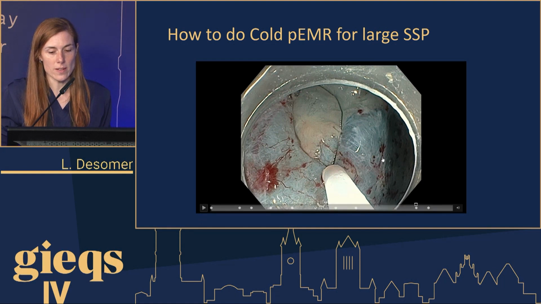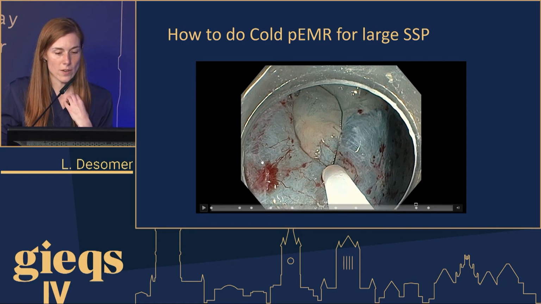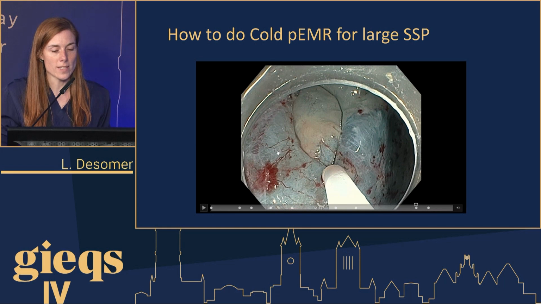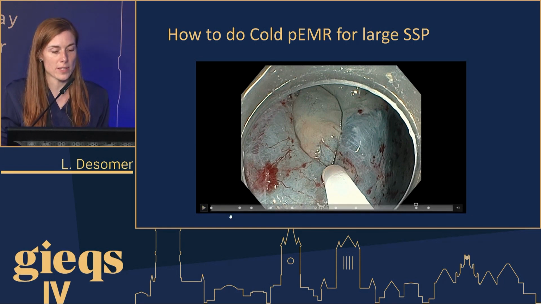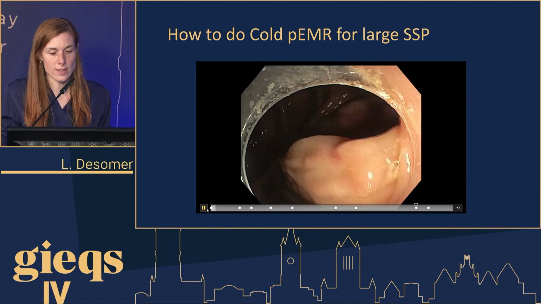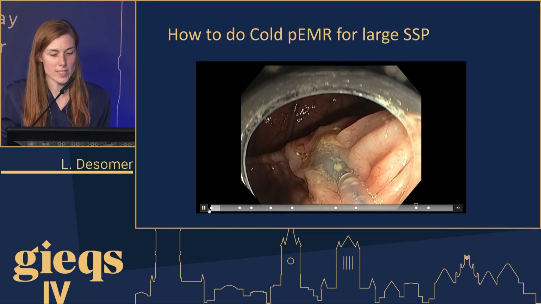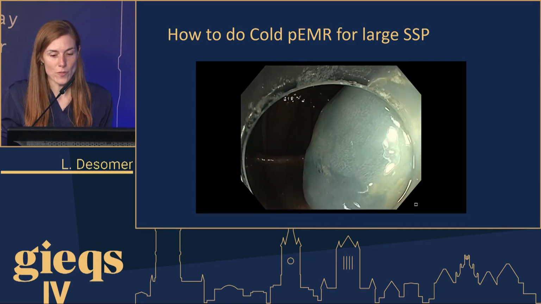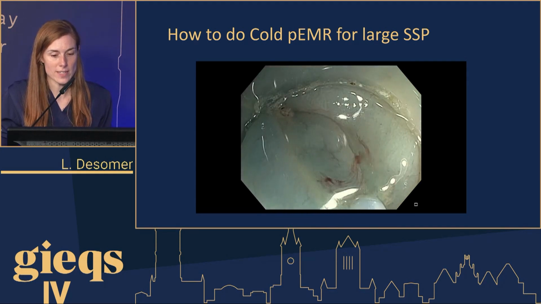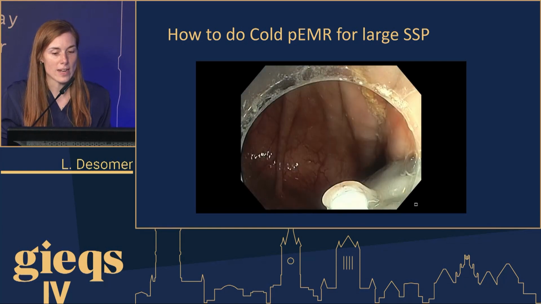So a lot has already been done. This is a typical cold snare defect where you see a little bit of those smaller capillary vessels rather than what you see in the deeper submucosal layer, because obviously with cold snare we don't go as deeply into the submucosa, and so you cannot really well delineate the borders here. So injection will really help us to see how far we have to go. Look at that. You would never have seen that without injection,